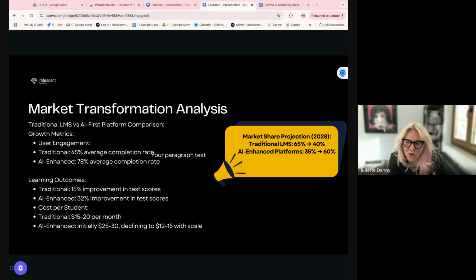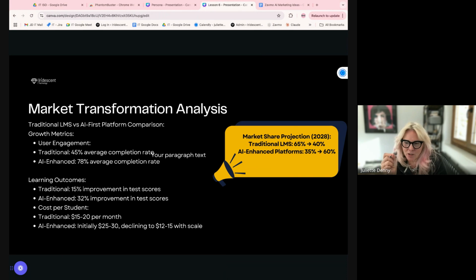However, if you are a platform that's going to go AI first, you're going to grow more quickly than your competitors. And again, all of this information doesn't come from me. It literally comes from Claude and OpenAI, right? It's all out there in the market. So for my business, it's exactly the same for your business. You just ask the questions and these are the answers that you get, okay?